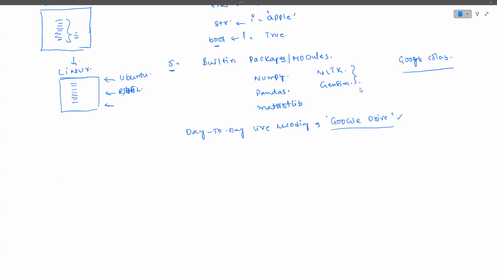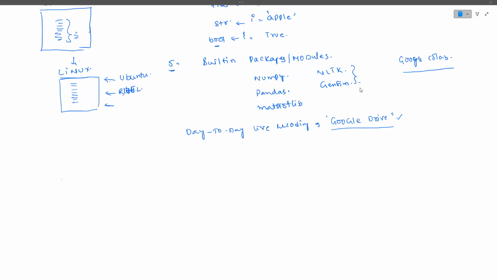But for Anaconda, no libraries are required. If you go through the documentation, there are 8,000-plus libraries which are ready to use instantly. And VS Code is one of the editors, and we can use the command prompt also. Yes, you can use it from the command prompt also.